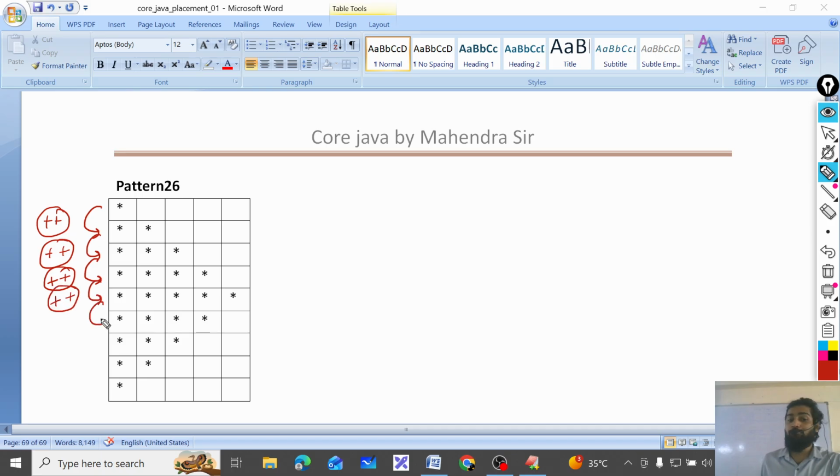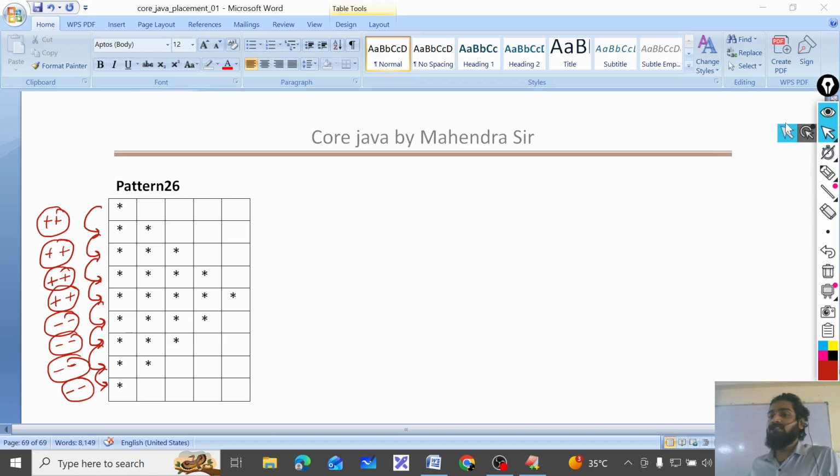Then 5 to 4 decrement. 4 to 3 decrement. 3 to 2 decrement. 2 to 1 decrement. So what is happening? 4 times you are increasing the stars and 4 times you are decreasing the stars. Did you understand this much now?